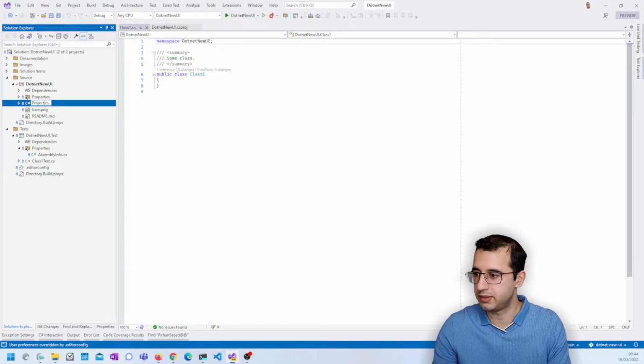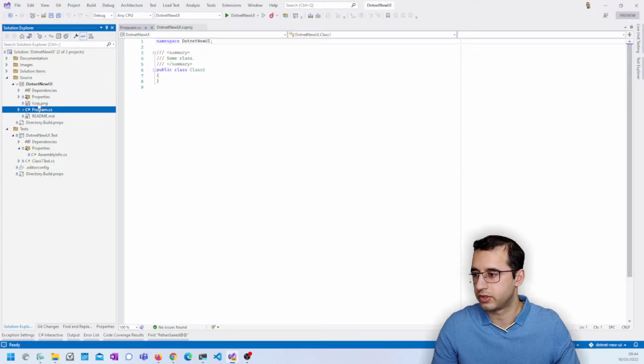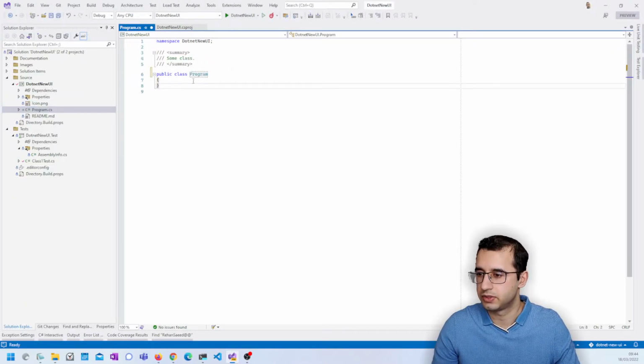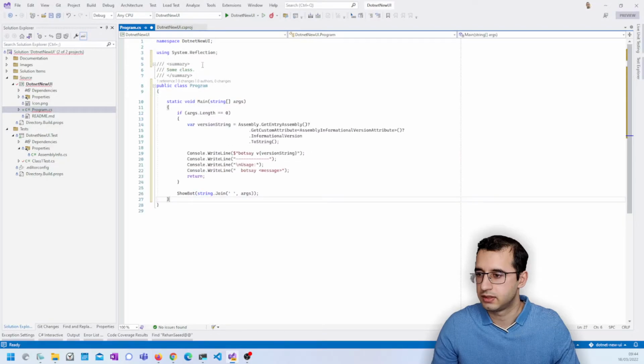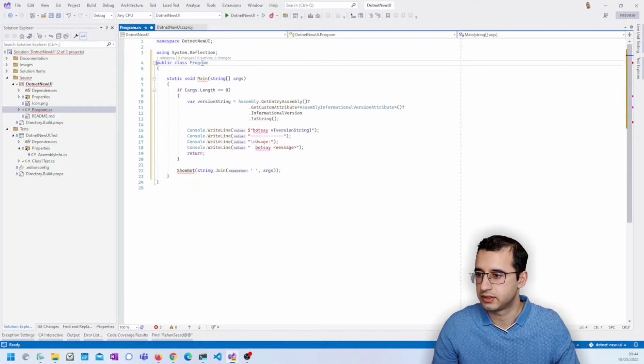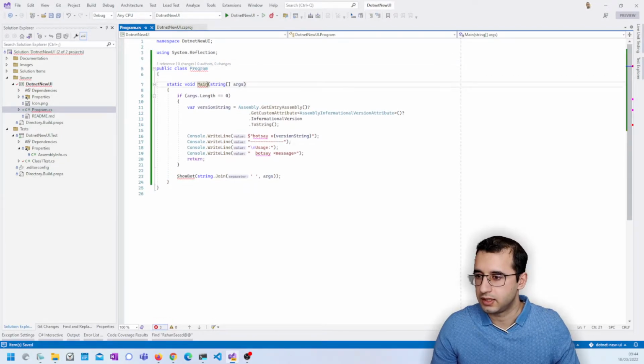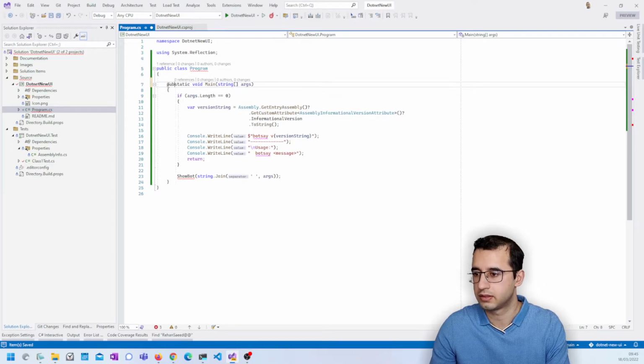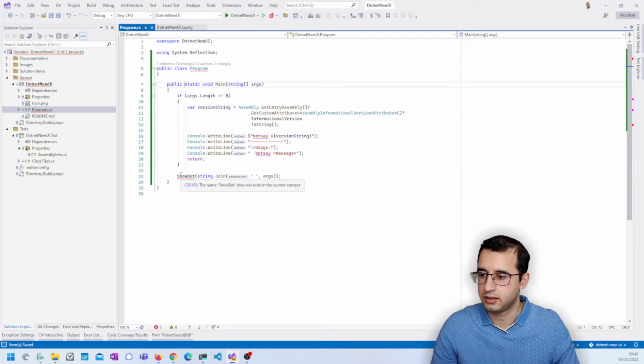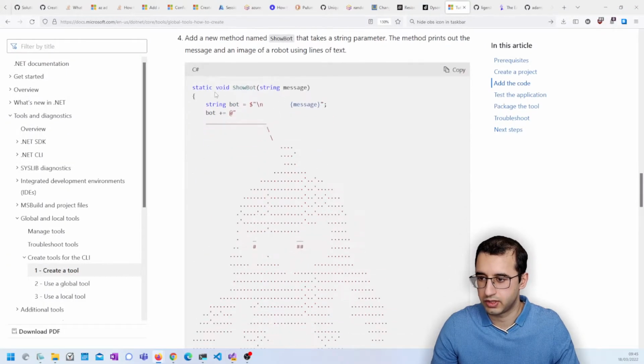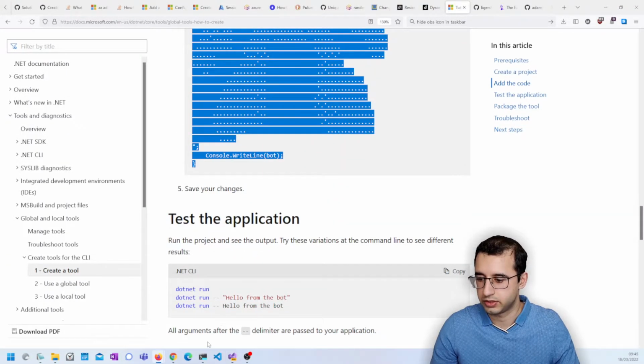I'm just going to rename this to program.cs, and we can get rid of this comment, and we'll stick our main class, main method in here, and we need to show the bot function. If we're going to follow this tutorial, I'll just copy that,